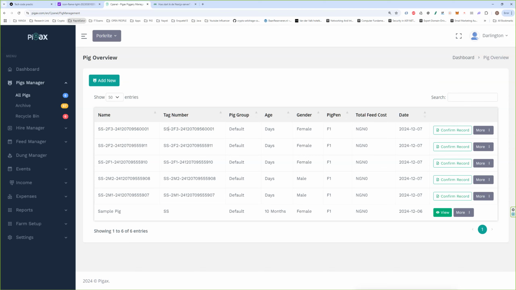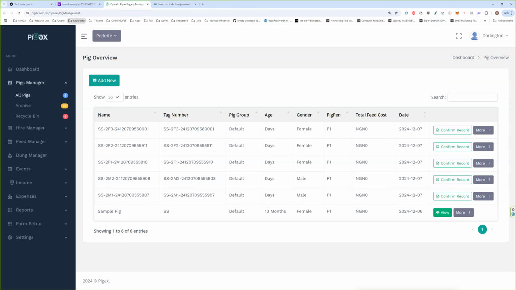So the issue I'm getting here is not necessarily a bug per se, but maybe the farmer is requesting a new feature that we don't have yet. An opportunity for us to add a new feature that's going to upgrade our system. So this farmer wants to have the litter ID reflecting in the tag number of each of the pigs, and he wants it to happen at a go. So when he puts in that litter number,